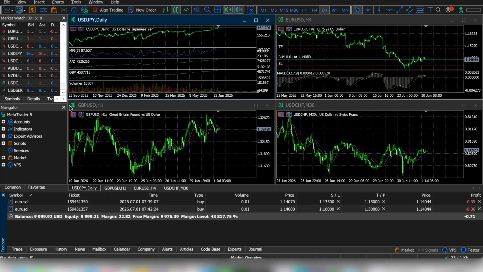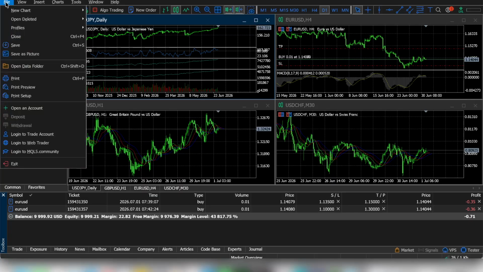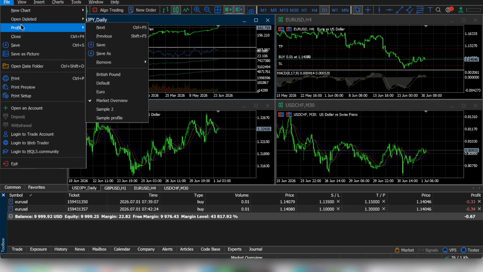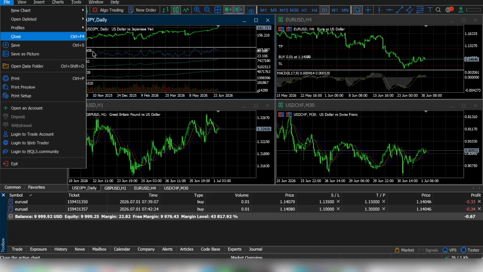Once you have it in front of you, navigate to the top menu bar where you can see various options laid out. You're going to look for the File menu. Think of this as your go-to place for accessing different internal settings and configurations within MetaTrader 5. So, move your cursor over and click on File. This menu gives you a plethora of options for managing your MetaTrader environment, and we're going to zero in on